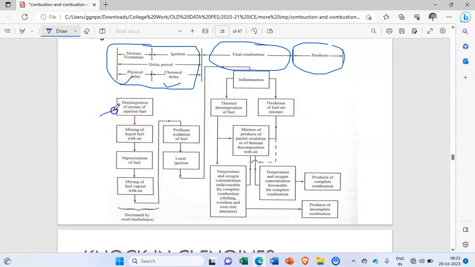So physical delay means what? Disintegration of the stream of the injected fuel, mixing of liquid fuels with air, vaporization, mixing of the fuel vapor with air. Okay, chemical delay means pre-flame oxidation of fuel, local ignition, thermal decomposition and oxidation of the fuel air mixture. Okay, so here mixture of products of the partial oxidation or the thermal decomposition with the air. Okay, so these are the actual processes that we have shown here. You see this, and this is the total